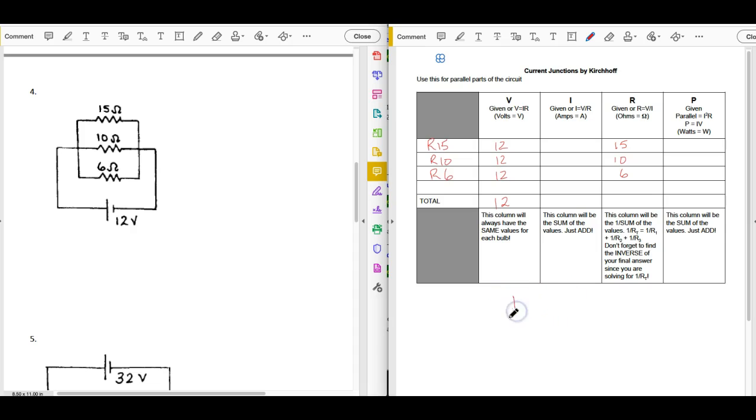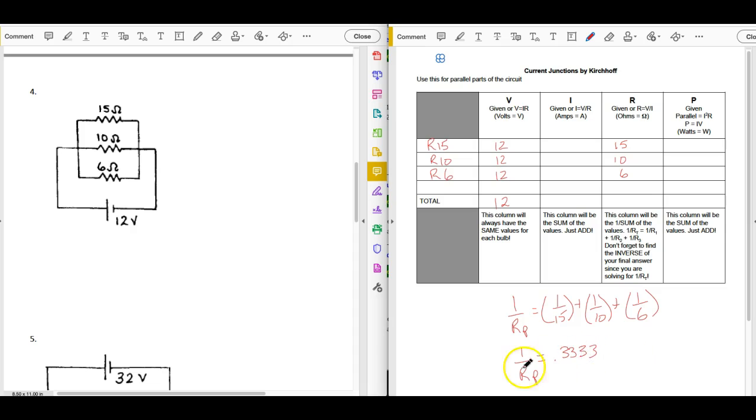So down here I'm going to write that 1 over the resistance in parallel is equal to 1 over 15 plus 1 over 10 plus 1 over 6. If you put these in parentheses and enter it in your calculator that way, it will come out correctly. And then you will end up with a value for 1 over Rp. And the value that we get for 1 over Rp is